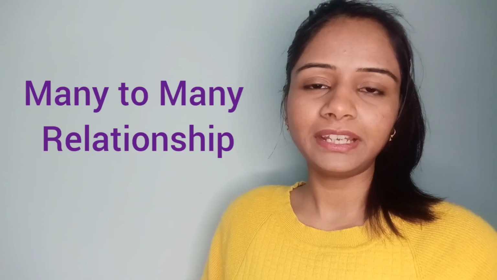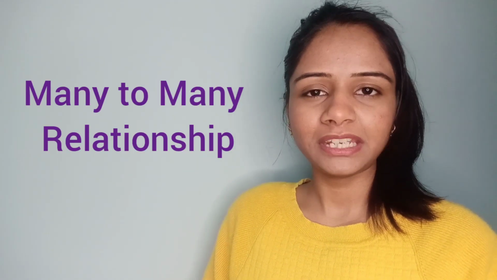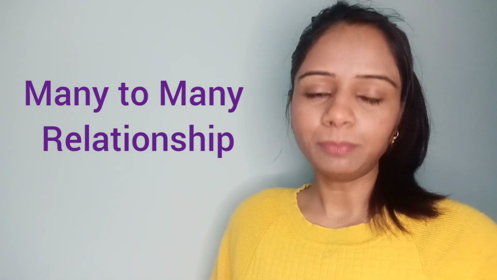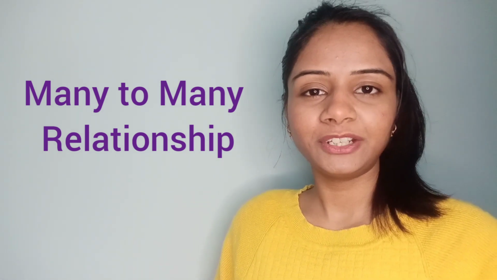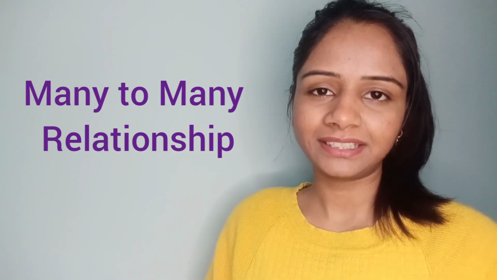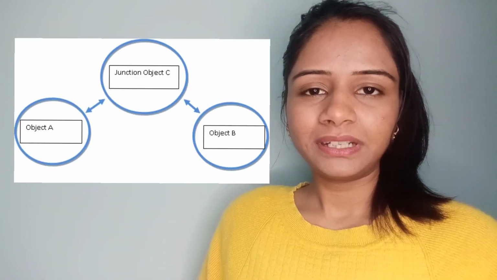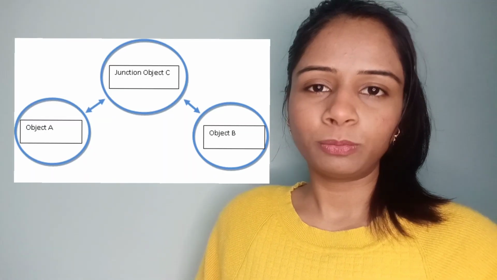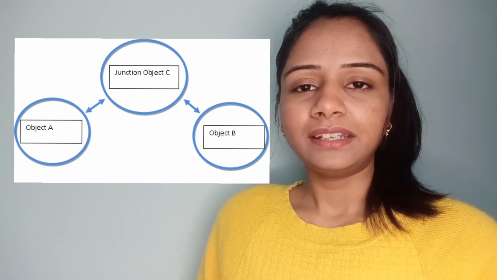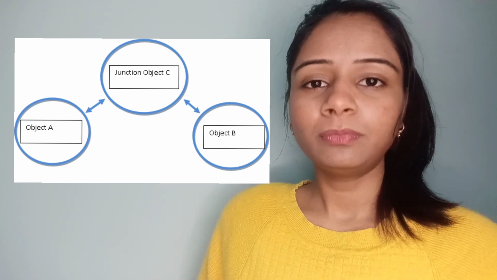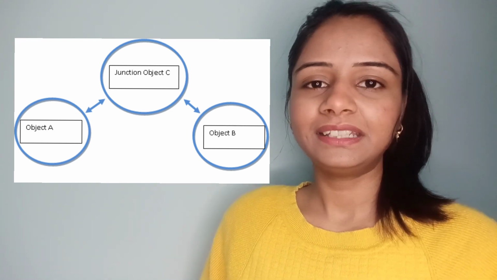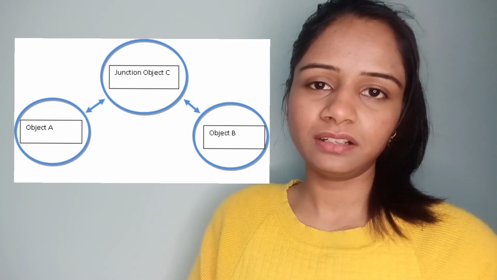Now number three, we have many to many relationship. In many to many relationship, records of a particular object are linked with multiple records of a different object and vice versa. In Salesforce, we do not have any field named many to many relationship to create a direct many to many relationship. What we can do is take a common object, that is, create a common custom object, and create two master detail relationships for two different objects. Then we can create many to many relationship.